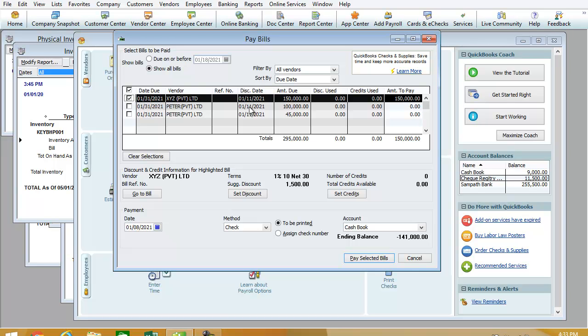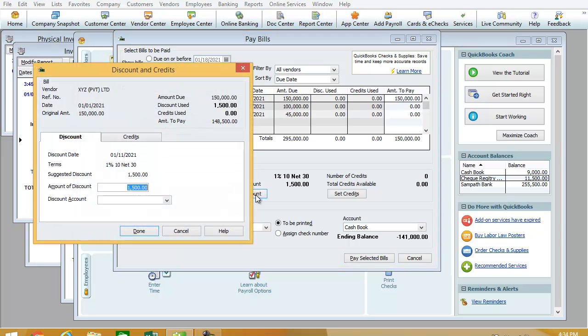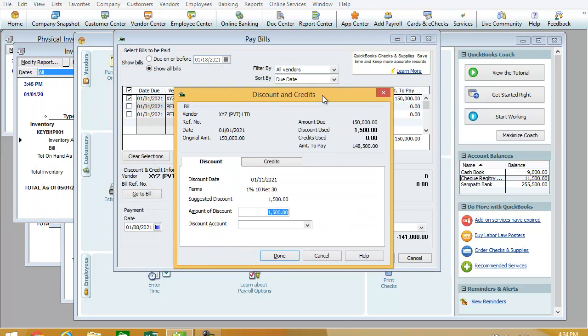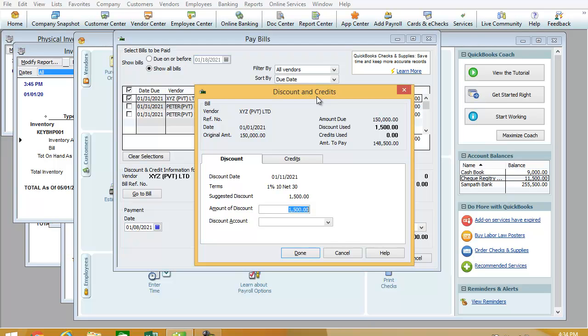If the supplier is eligible to enjoy any discount, you can click this Discount button here. This is called Discount and Credits.